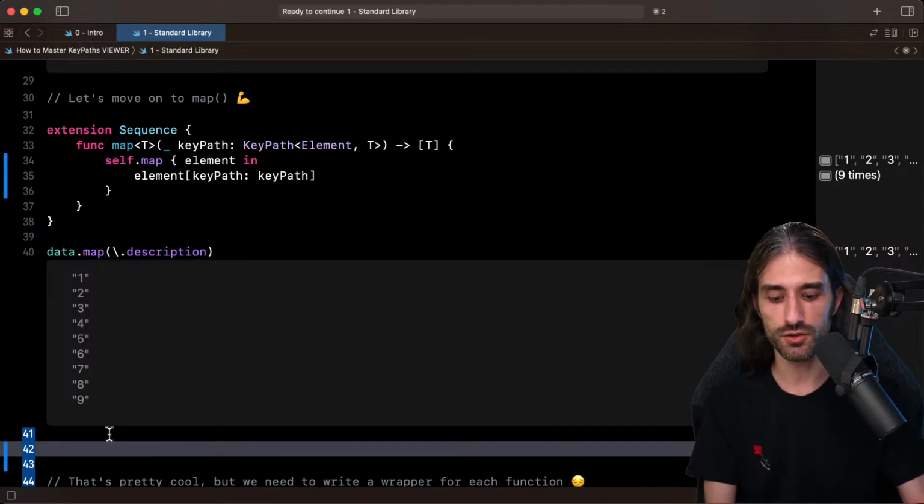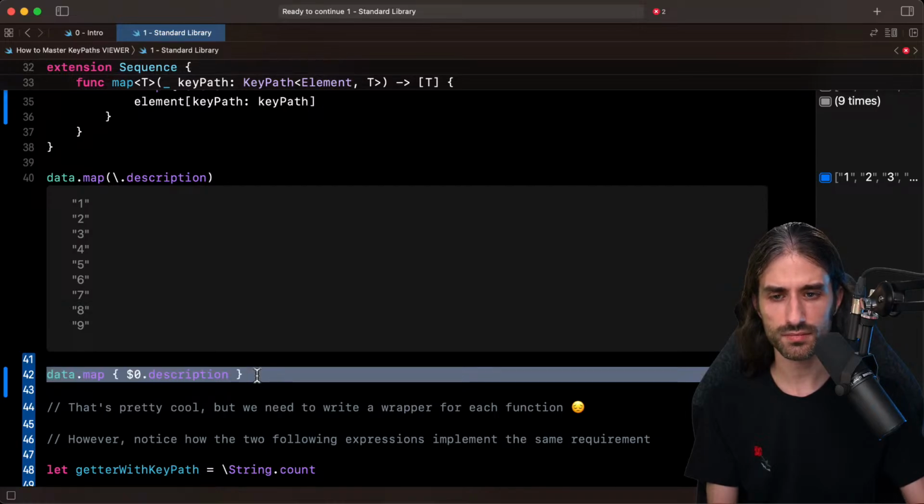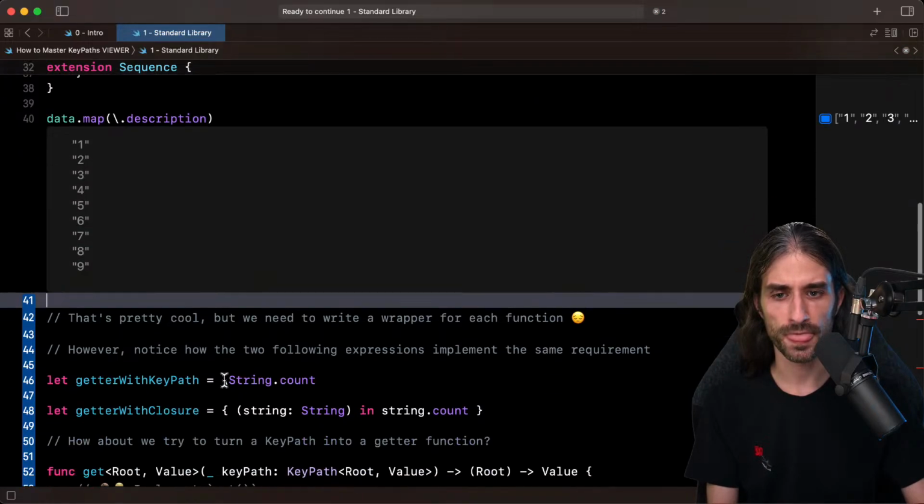So rather than doing this, data.map $0.description. The two lines, so line 42 and line 40, yield the same result. They just do it through a different syntax. Let me remove this line.